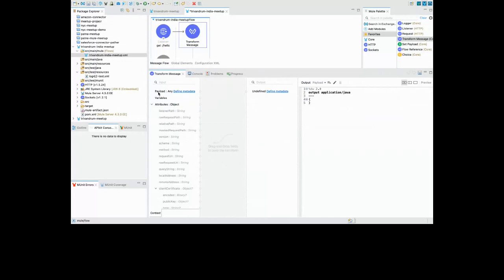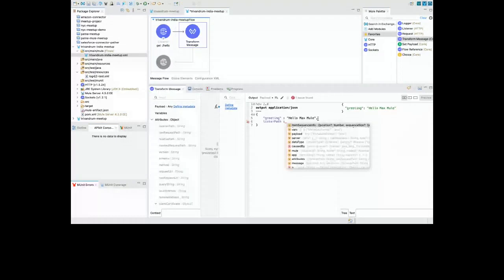Okay, if you wanted to send something else, say that you wanted to send listener path, so how will you send it? You just need to click control space. As soon as you hit control space, you will see all available things that you can use over here. So say I wanted to use attributes.